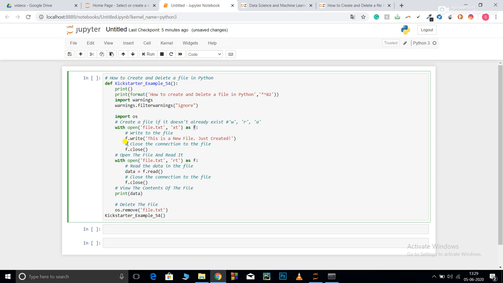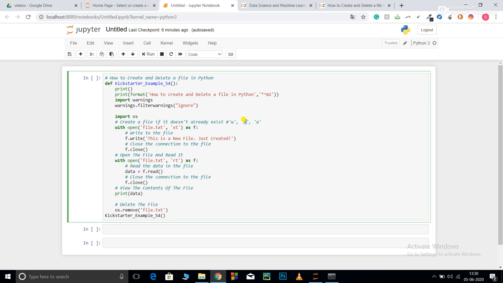When you do anything in the file, you need to specify the file name, then a dot, and with that you write the command for what you want to do. Now write and append both do the same thing. Write also writes in your file, and append also writes in your file, but there is a basic difference and you should be very careful when you use them. When you open a file as w, it overwrites your file. Anything that is written in your file completely goes off. But when you use a, it just appends to your file. It keeps what is already present in your file, and just appends the new lines that you write.